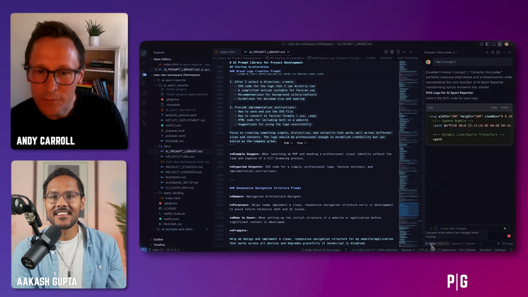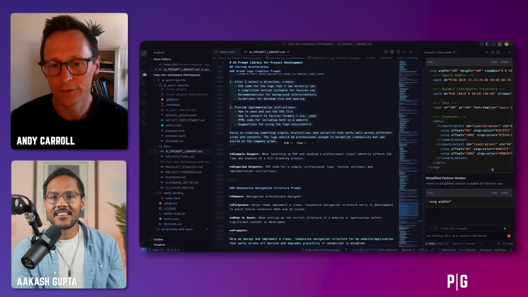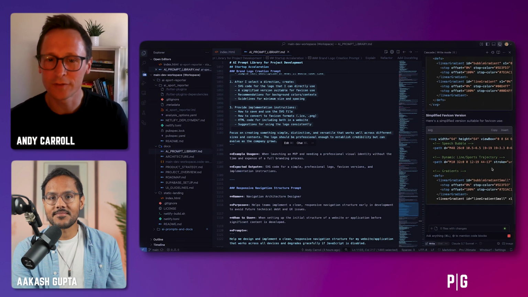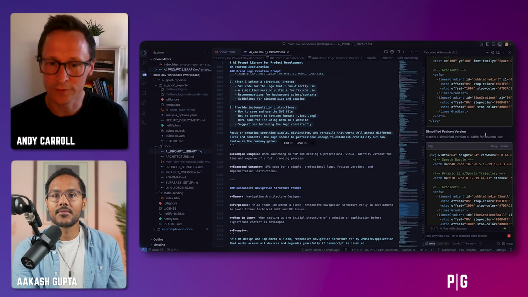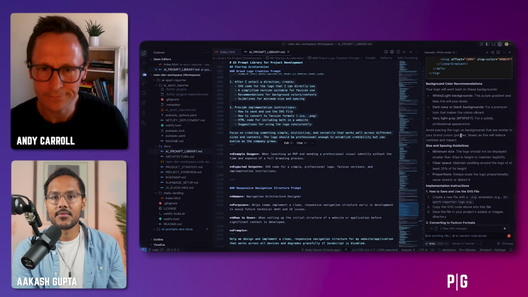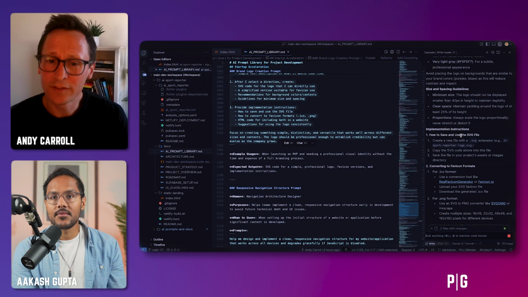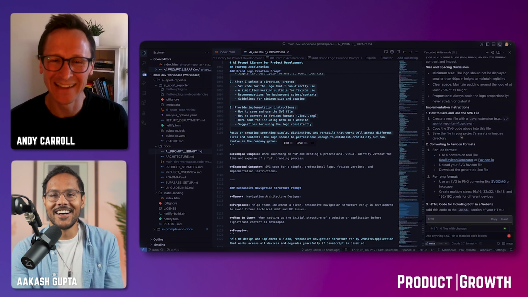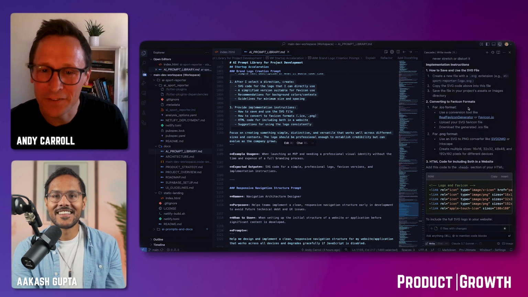Now I'm still in write mode. So it's going to give me the SVG code for my logo. I'm not running through some separate tool to do this. Who knows what the result is going to be, but it's given me that, and it's also given me a favicon. To be honest, it almost gives you a little bit too much information. Yeah. But this is what's been a lot of fun. So